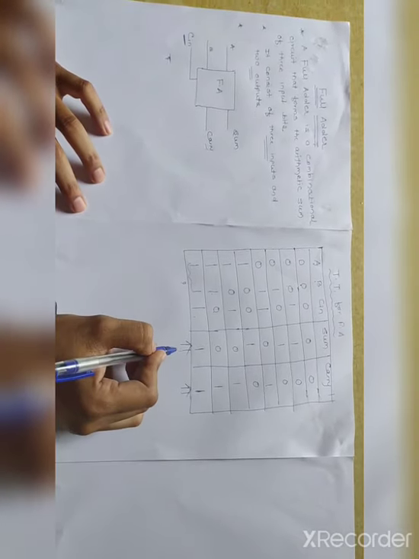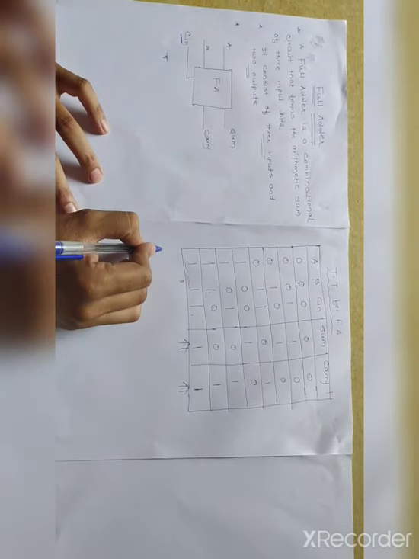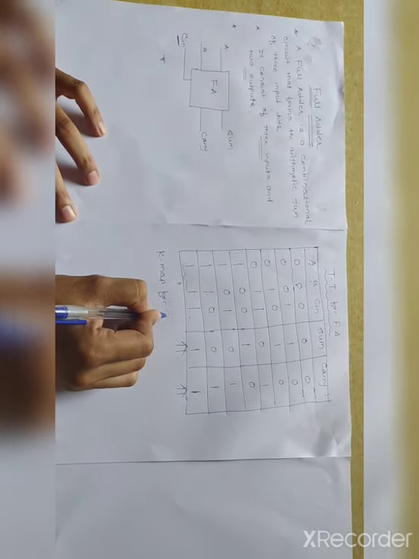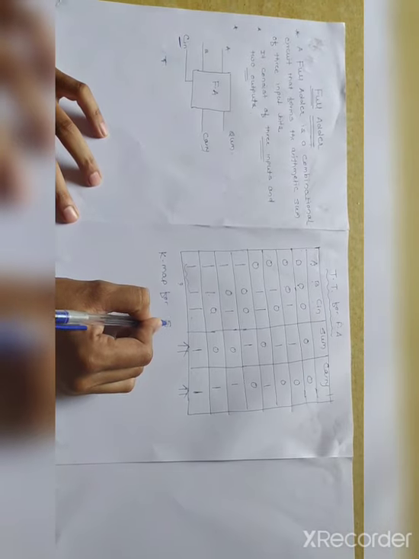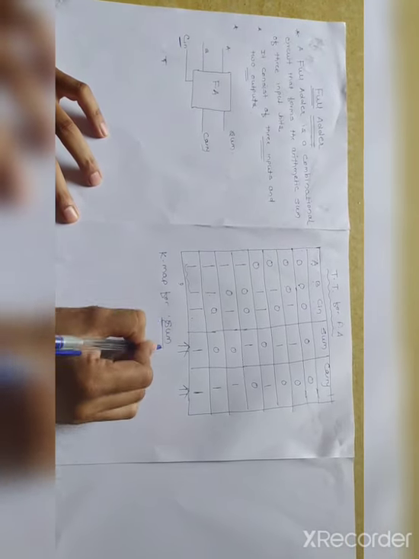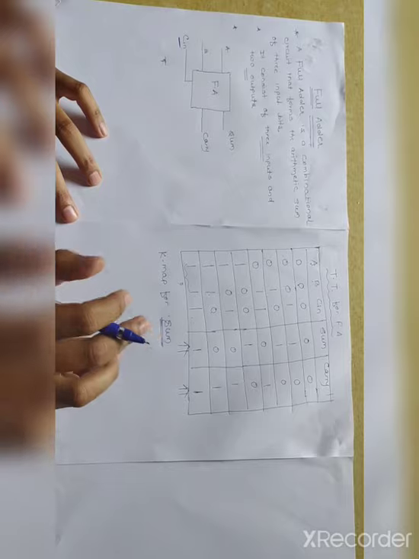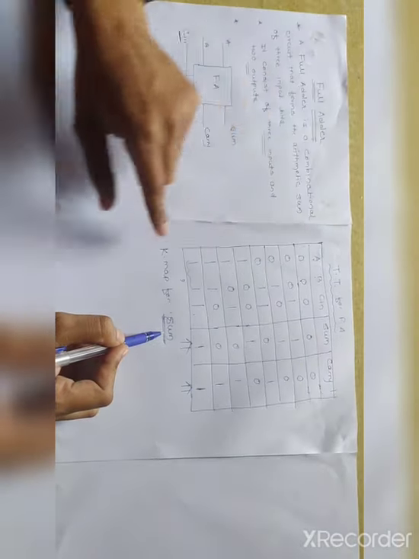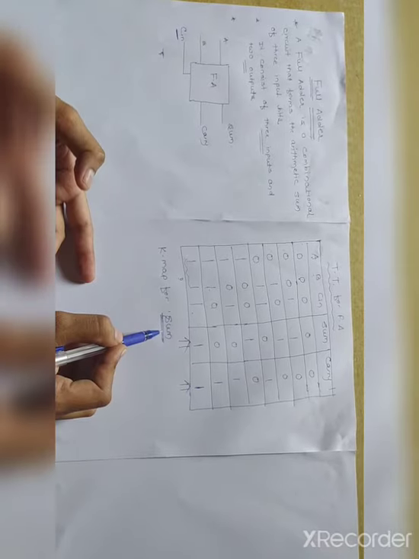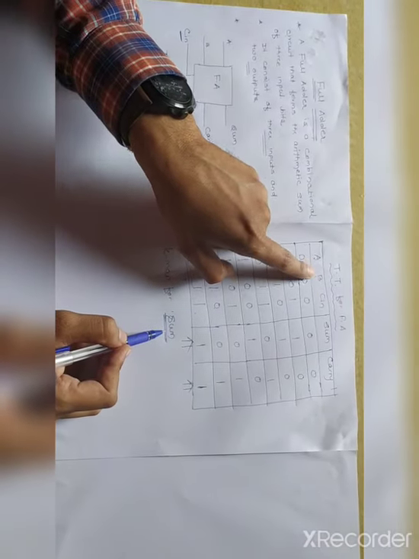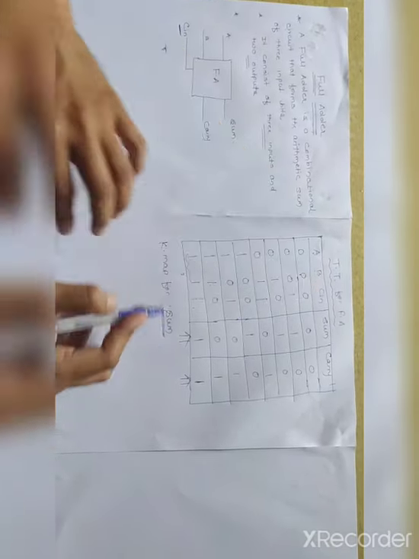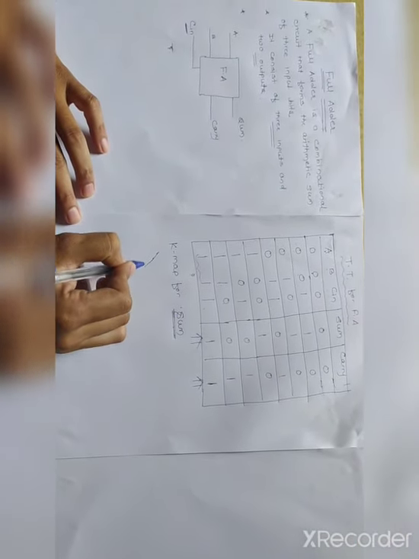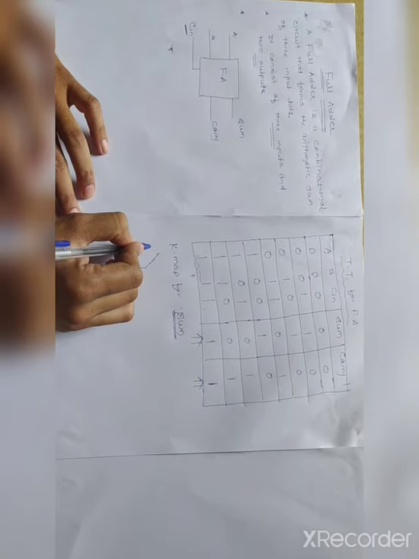Carry. Now I just draw the K-map for sum. Okay, K-map for sum. This is your output. Now here you have to draw the K-map. How many variables does the K-map have? You can see here A, B and C, these are the 3 variables, so you have to draw the K-map for 3 variables.